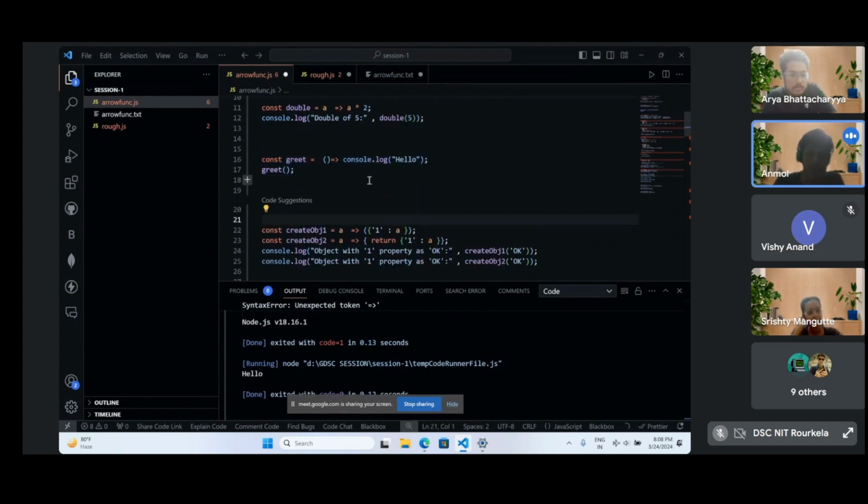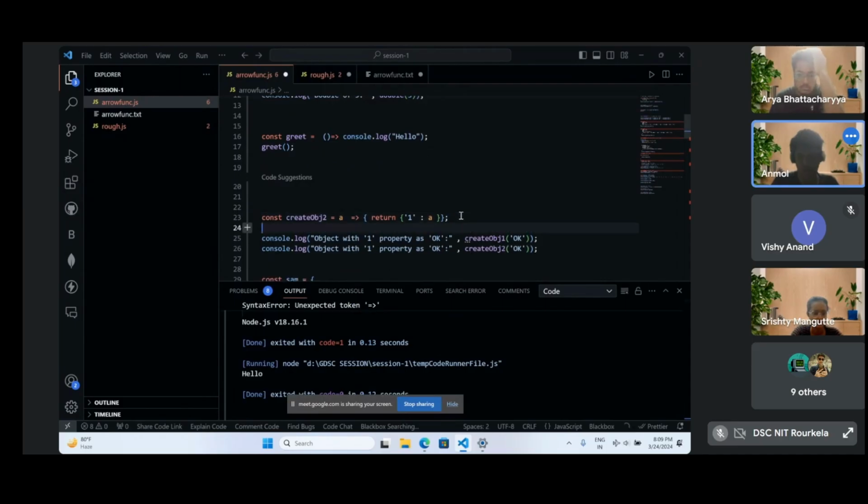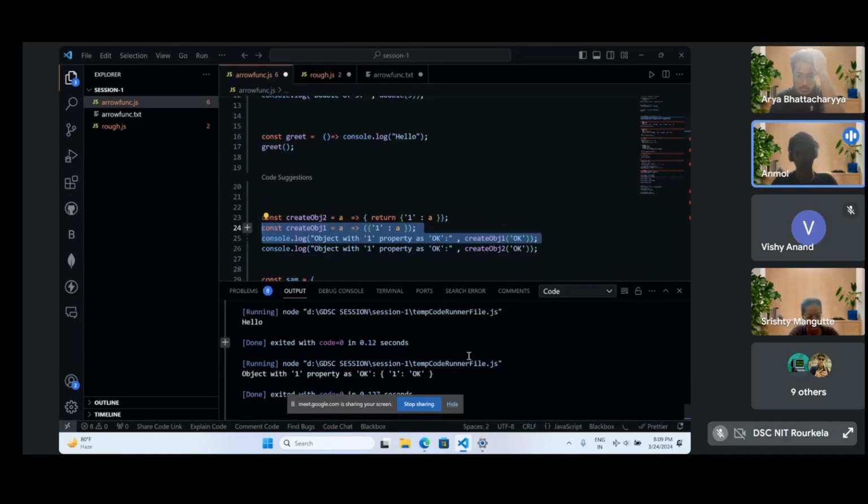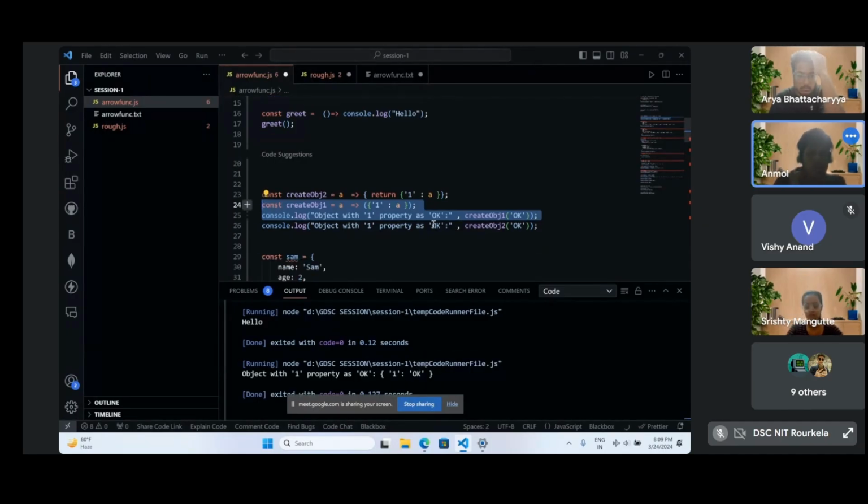The next thing we will be discussing is that we can do the same thing in the case of an object. If we want, we can pass the parameter inside an object. For example, this is an object. Now we are consoling it on the terminal. Let's check. The value of a here should be one. So here, in place of a, the parameter we are getting is the object. So this is the thing.